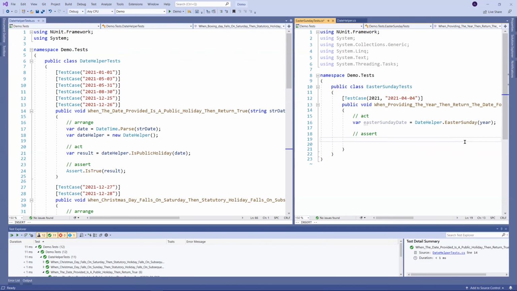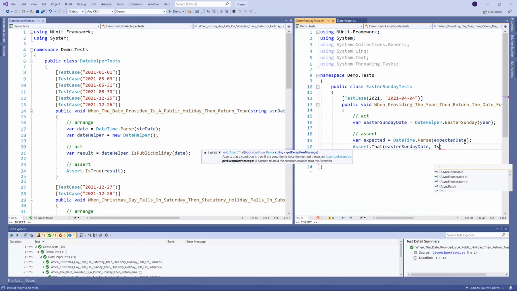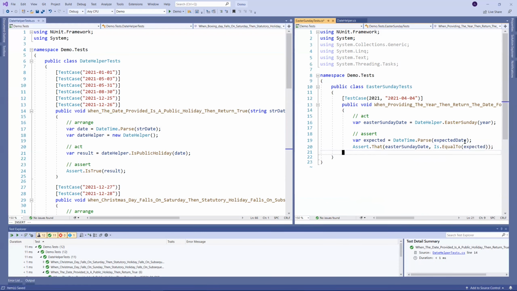For the assert step, we'll create an expected value, pass in the expected date, then we assert that the Easter Sunday date is equal to the expected. Right? So if I run this,